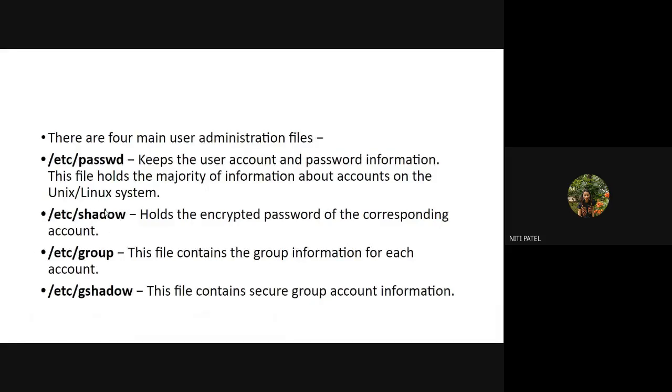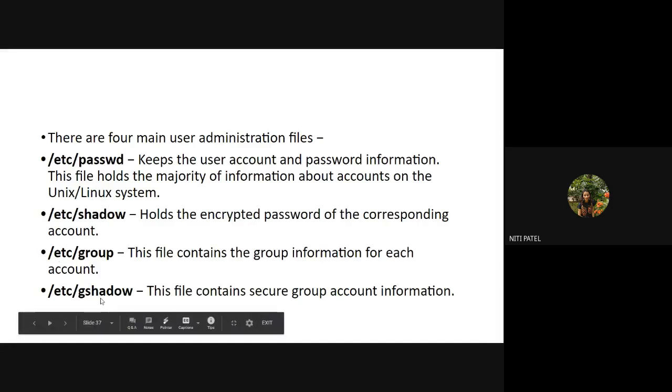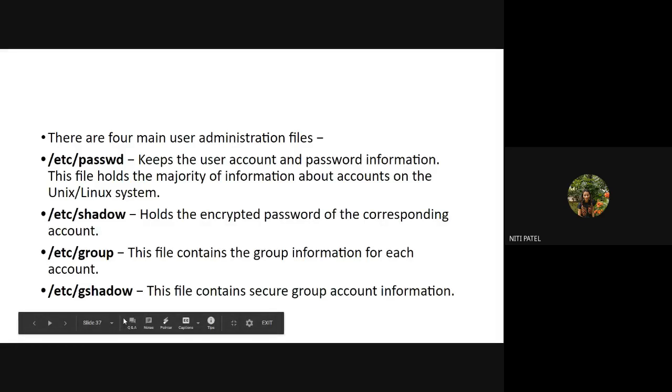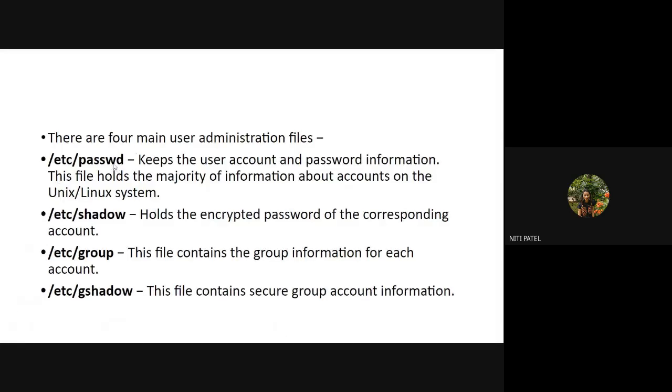It is nothing but all the information stored in the password file copied as it is into shadow, but in an encrypted format. Again, the gshadow file contains all the information of a group, but in a restricted or encrypted format. Now, what is there in the password file? All the account and password information with respect to that user is stored in the password file. And what is there in the group file? All the information of the group to which that user belongs is stored inside the group file.